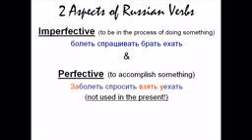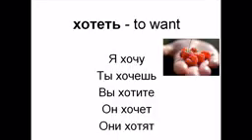Okay? You need to remember that perfective is never used in the present. It can only be used in the past or in the future. In this lesson, we're going to cover about 10 different Russian verbs most commonly used. The first one, хотеть, to want. Я хочу. Ты хочешь. Вы хотите. Он хочет. Они хотят. Actually, the verb хотеть does not follow any of those two conjugation forms that we've covered, so it's an exception. There's not so many of them.